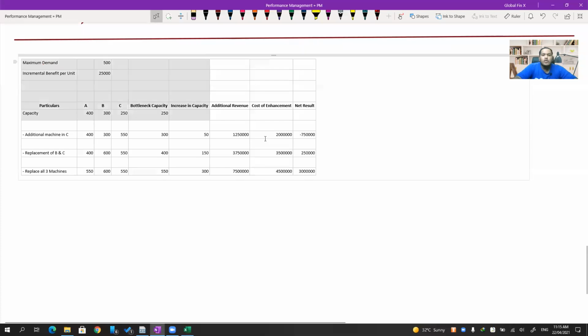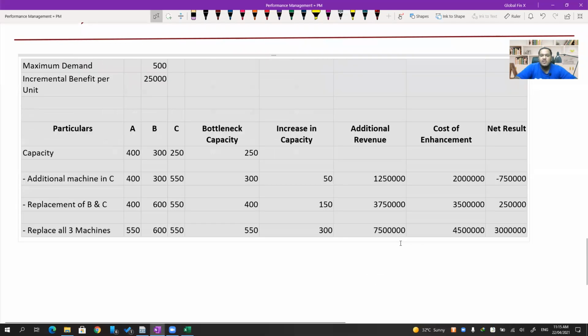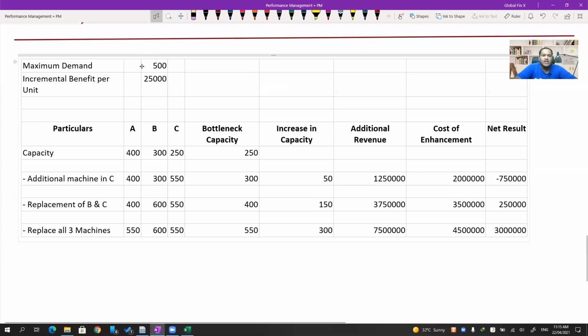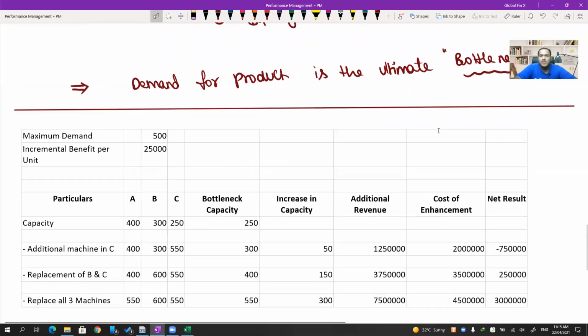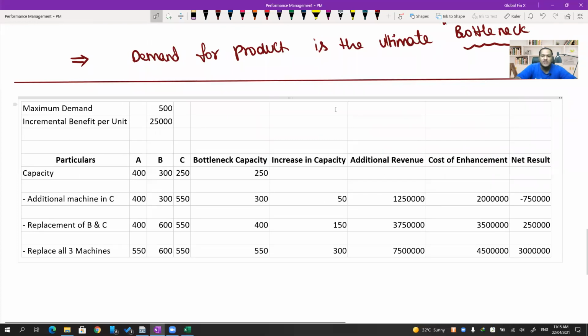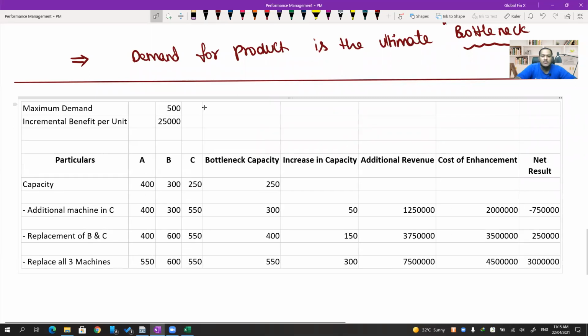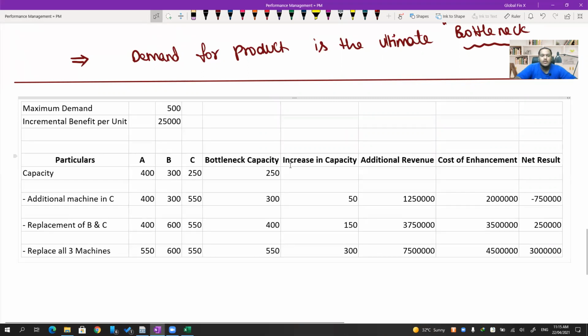Sir, I don't know why people keep saying that computer based exam is very difficult, sir, and all that stuff. If I'm doing the same calculations on pen and paper, it would have taken me 20 minutes to do. I did it in 5 minutes. It literally took me 5 minutes to solve this. Computer based is the best, if you know how to use computers. That's a different story.